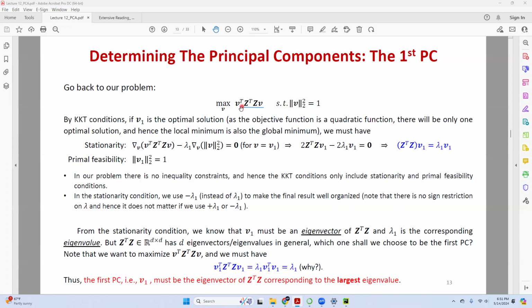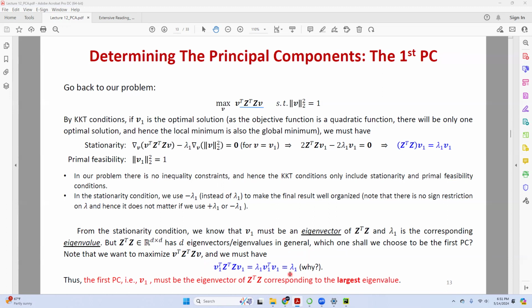And hence my objective function directly equals the eigenvalue. Now you see what? I have D eigenvalues to choose from, and I want to maximize this objective function. That means I simply only need to choose the biggest eigenvalue. Done. You see what I mean?